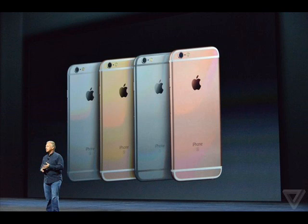Same prices as the 6 and 6 Plus, so 100 more for the Plus and 100 more for each storage option. And the specs on here are actually really good. They have a new 64-bit processor, A9, which is 70% faster at CPU tasks and 90% faster at GPU tasks, which iPhones have always been known for being fast. I think Apple needs to work on the battery of their phones, which I'm wondering about, but Force Touch,